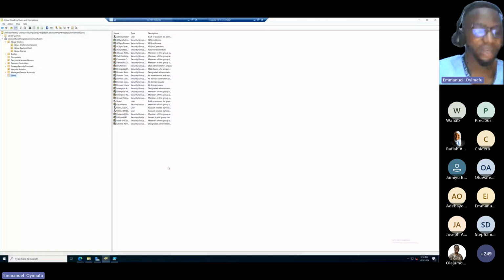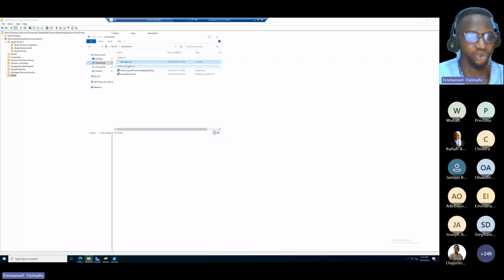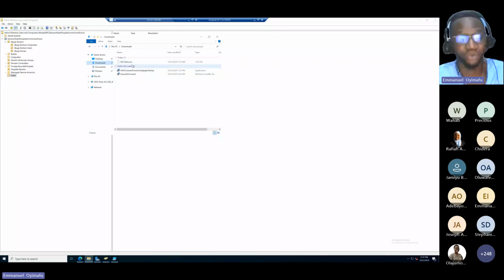So now I'm back to the lab. Let me open the folder where I pasted it. I pasted the Excel sheet in the download folder here. This is aduser.csv, because I want to create 4 users at once in my environment, because it's very important and the task has been given to me that I have to create them immediately, within maybe 5 minutes or so. So all I just need to do is to come to